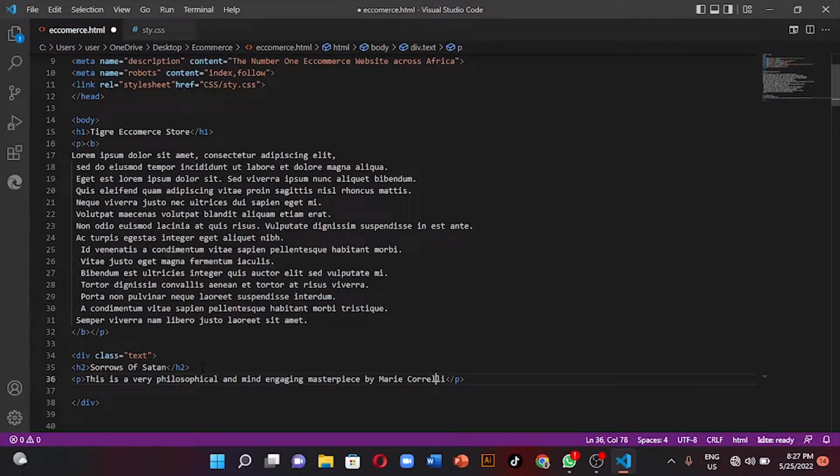I think that should be Corelli, whatever. So, all right, now close div. All right, so if I save this, then